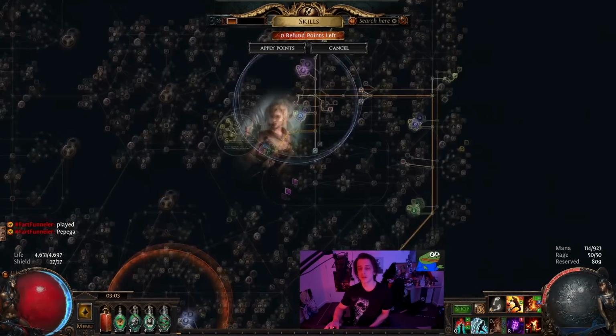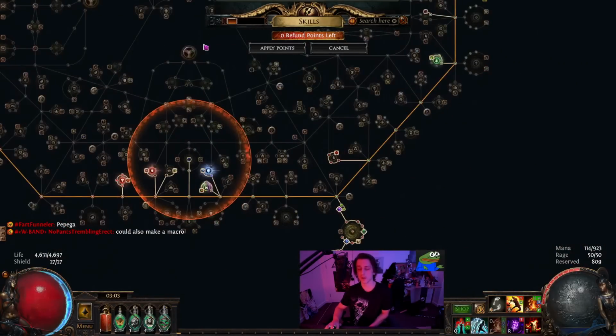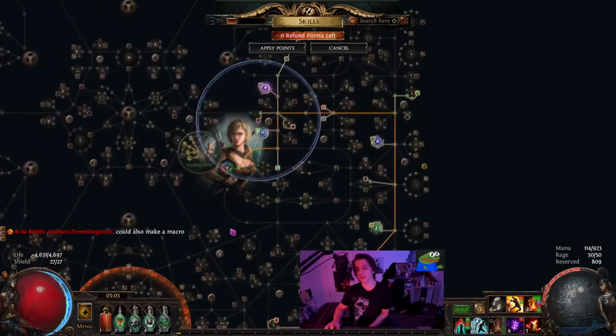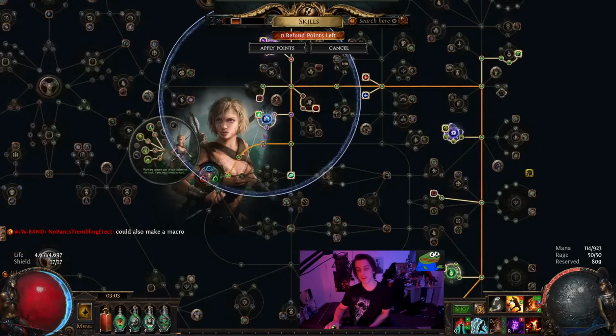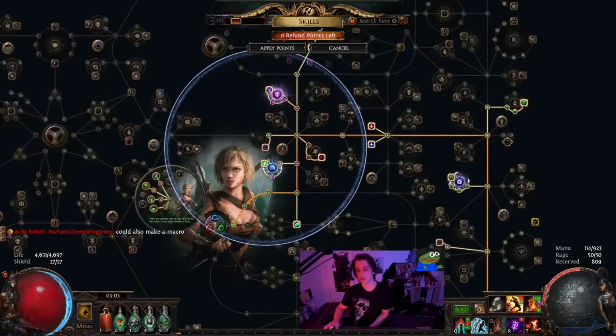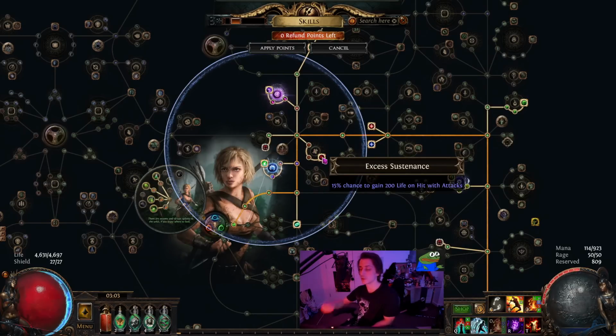So the passive tree, like I said, was kind of a bit confusing because I went all over the place and it didn't feel very good traveling or very efficient, but this is how it ended up, and it was good enough. So we have an inertia that converts all of this dex into strength. Picked up some of this charisma action. These nodes are basically carrying our life gain on hit, so 10 life gain on hit, but then 15% chance for that 200, and attack often enough, have enough balls out there, and that's going to be damn near immunity